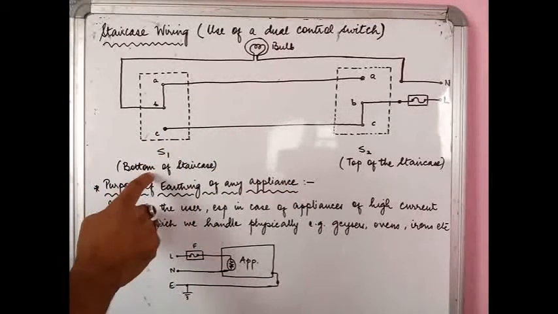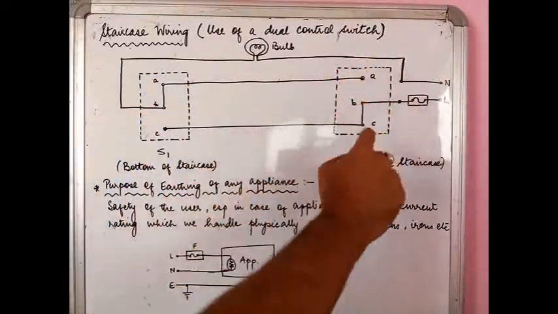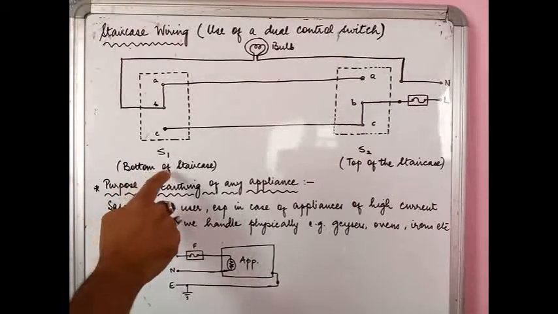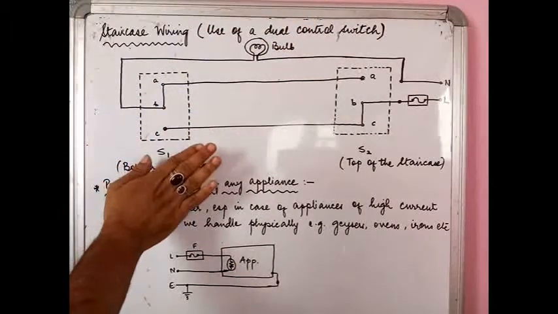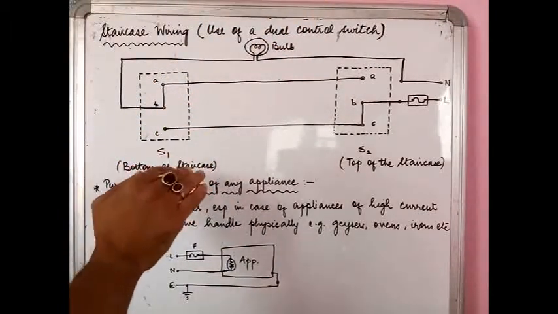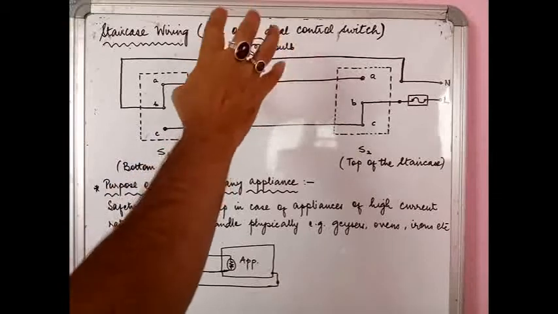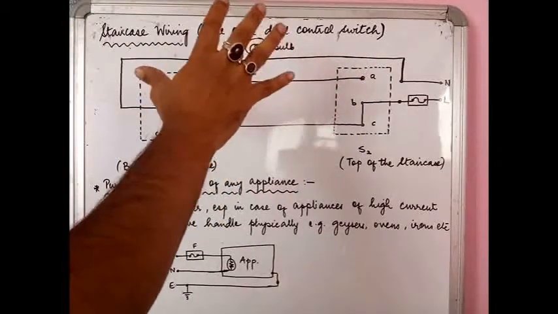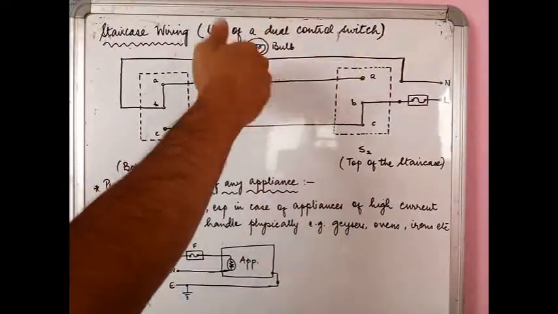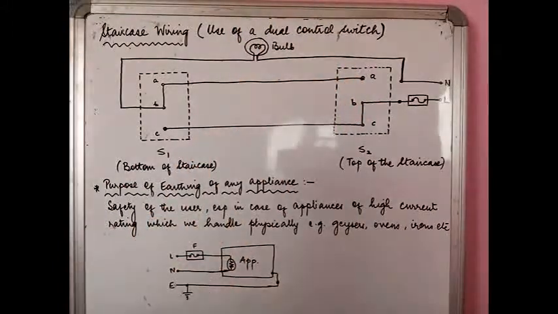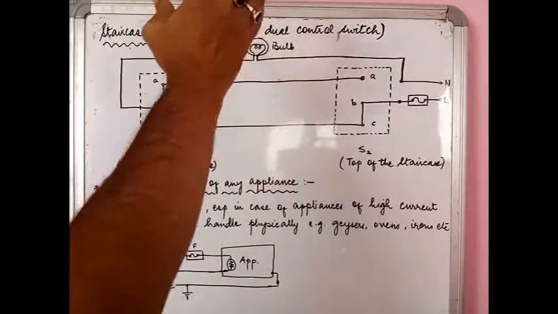Staircase wiring: you see there are two switches that I have drawn. This is one switch S1 and this is another switch S2. This switch S1 is at the bottom of the staircase, so you are going this way, moving up the ladder. You can imagine that you are standing right at the bottom of the staircase, and it is night time, so you need this bulb glowing so that on the staircase there is ample light. This is the scenario: you want to climb the staircase to the first floor, maybe your room is at the first floor, but since it is dark, you need this bulb to glow.